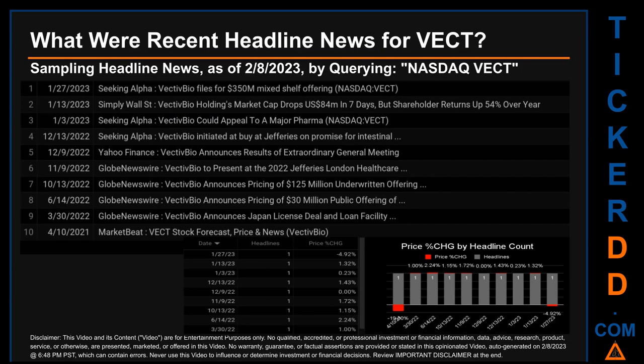Today, Wednesday the 8th of February 2023, I sampled one of our news aggregators for latest headlines for this ticker. I did so by searching specifically by a keyword that may appear, broadly, in the title or the body, of discoverable news articles. The keyword that I used was a combination of the exchange and the ticker symbol, NASDAQ: VECT. The results show 10 unique headlines, published evenly across 10 unique dates. Publication dates span 657 days.